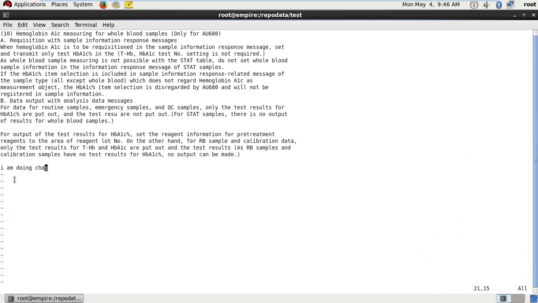delete more characters in a single word, just like I want to delete two characters from here, I will enter 2x. Now see, I deleted two characters.